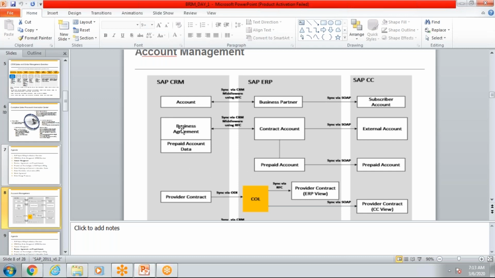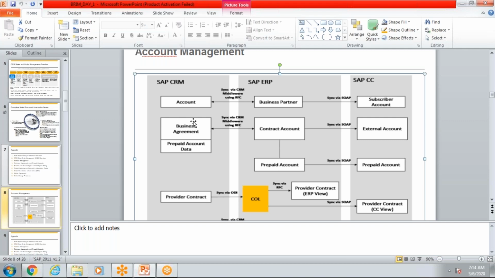Then comes business agreement, contract account, and external account. Now the customer's data is there. So the business agreement stores the payment information of the customers, like how the customer wants to pay the bill. Is it through debit card or credit card, or through online mode, and what all bank accounts he is using, and the payment terms, like when he wants to pay the bill, is it on month-on-month basis or quarterly basis. So this kind of payment information will be stored in business agreement,